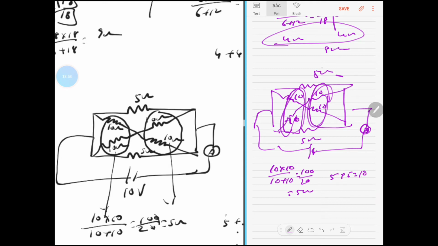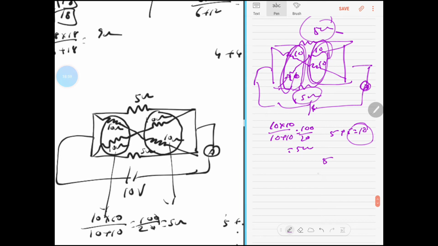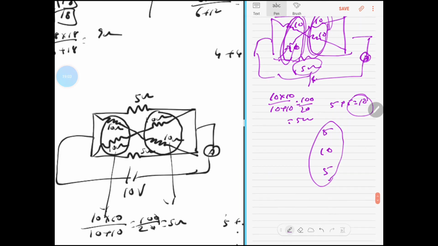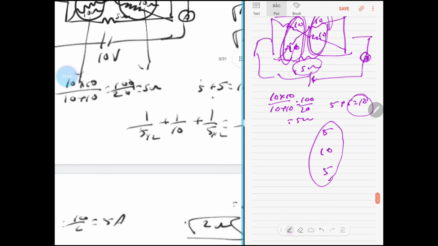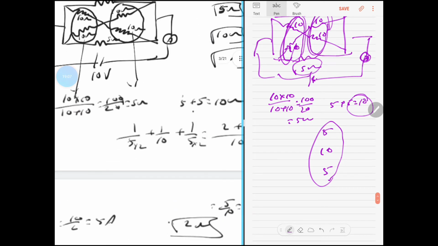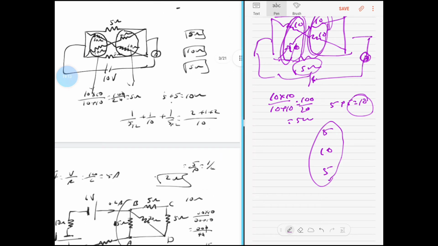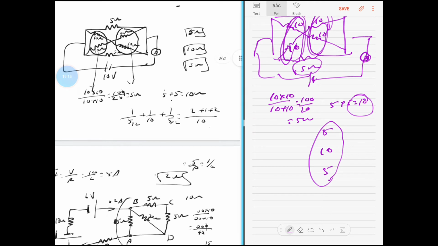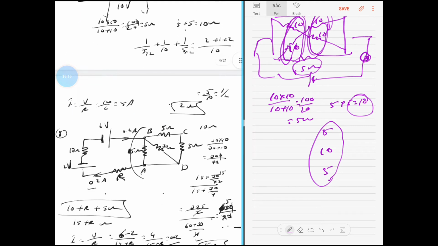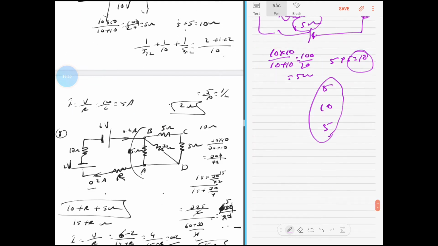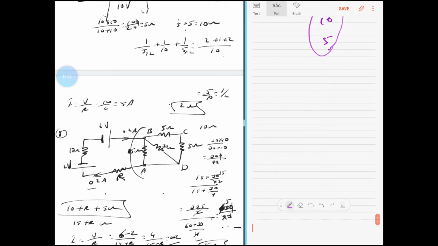So the top 5 and this 10 and this 5 at the bottom will become 5, a 10 and a 5. All the three of them will be in parallel. So it's just 1 by 5 plus 1 by 10 plus 1 by 5, and you get the equivalent resistance. The voltage is given, probably they are asking you about the current in the circuit. You find the equivalent resistance reciprocal without forgetting, and then I is equal to V by R, and the rest of it is known story. I don't have to explain. So let's go to the next derivation.